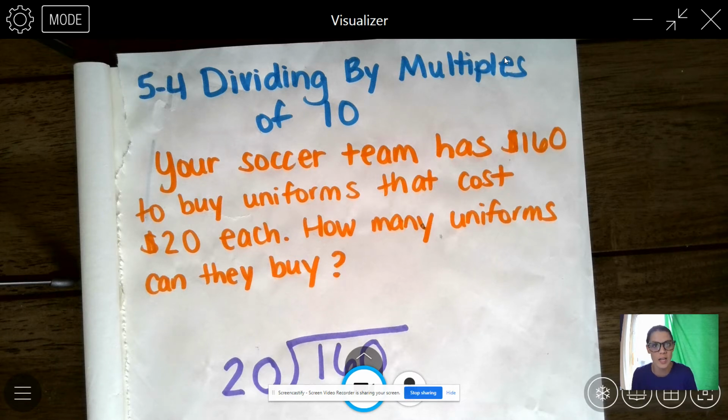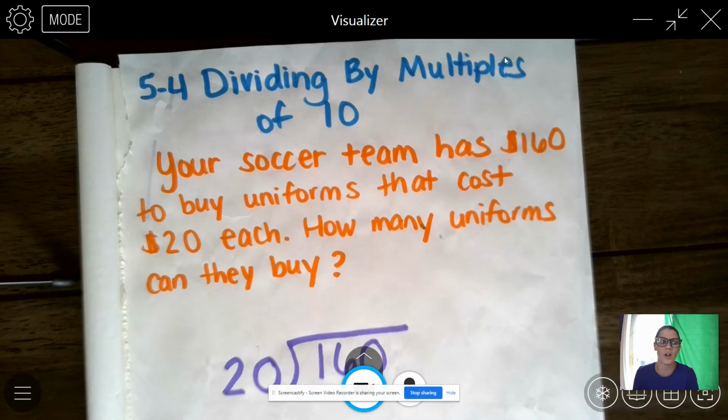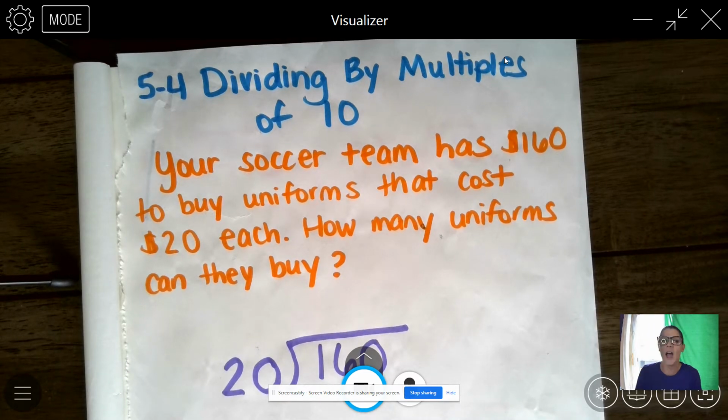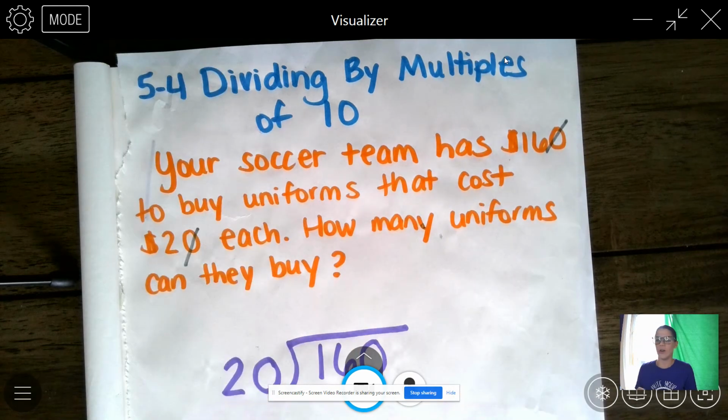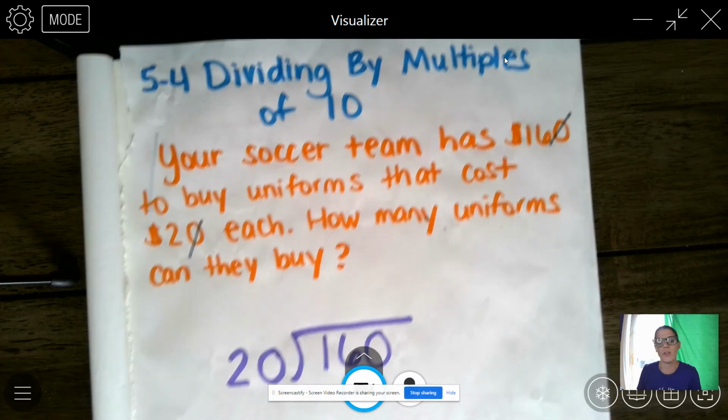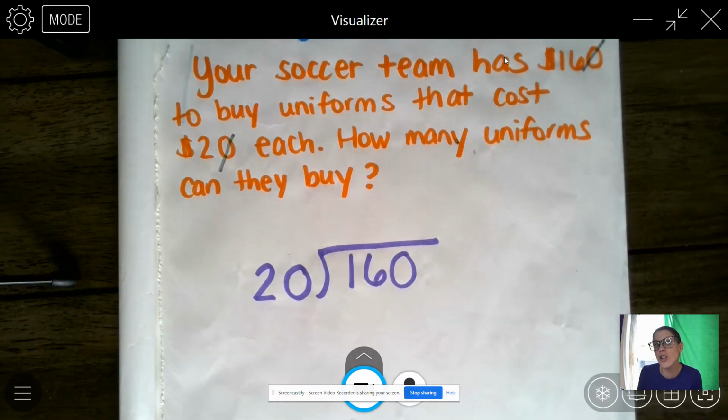It says your soccer team has $160 to buy uniforms that cost $20 each. How many uniforms can they buy? You're probably already thinking, Tackett, I know how to do this because you taught us the zeros trick where I can cross out my zeros, bam, bam, and know that 16 divided by 2 is 8. They can buy 8 uniforms. Let me show you what that looks like when we're doing a traditional division problem